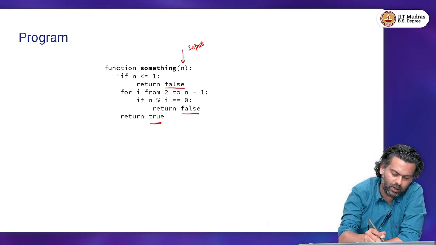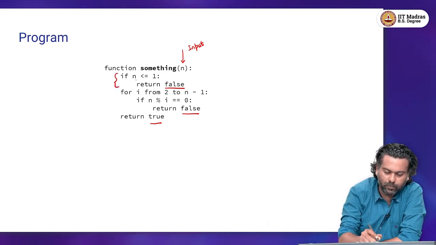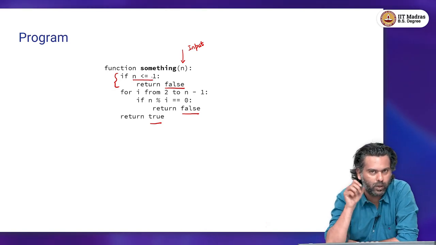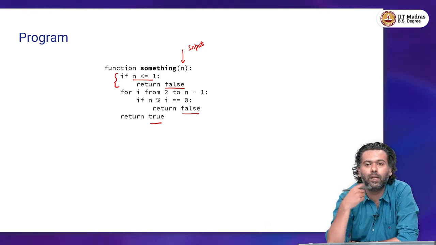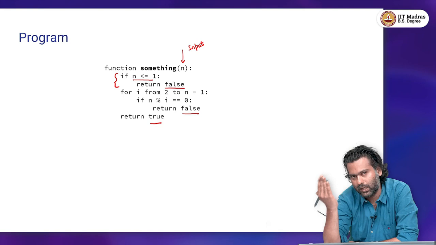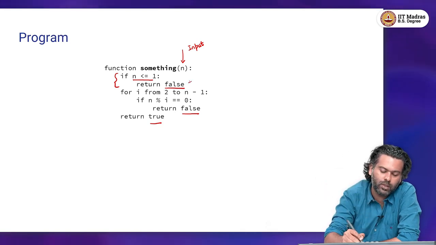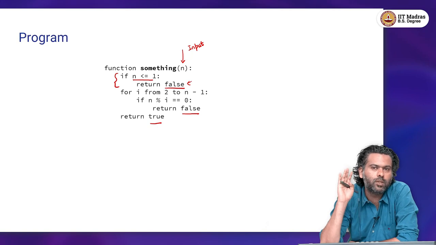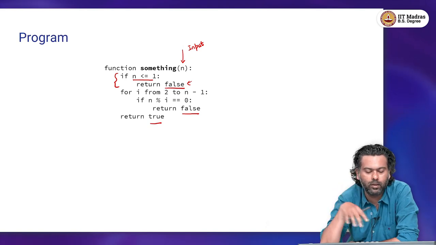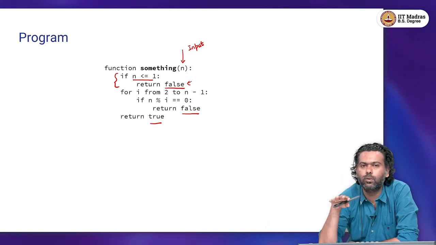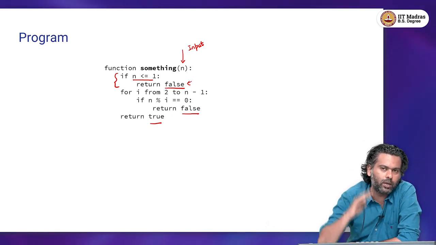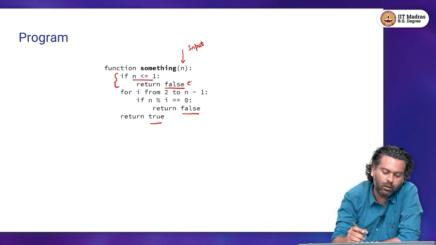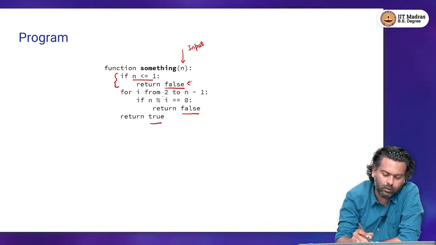So the first thing this program does is check if the number is less than or equal to 1. If the number that I give you is less than or equal to 1, then you say it's false. We don't know the property yet. We'll come to the property in a minute. But whatever this property is that this program is checking, it's going to say false if the number is less than or equal to 1. Well, if it is not less than or equal to 1, that is if it is 2 or above, then what it is going to do is check,